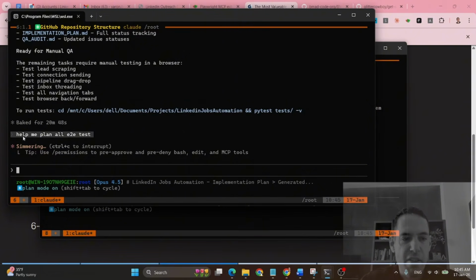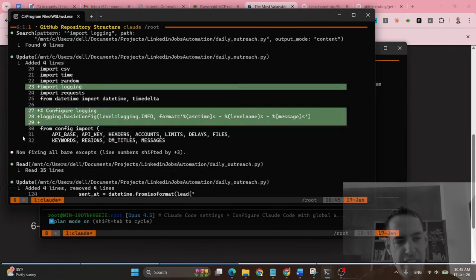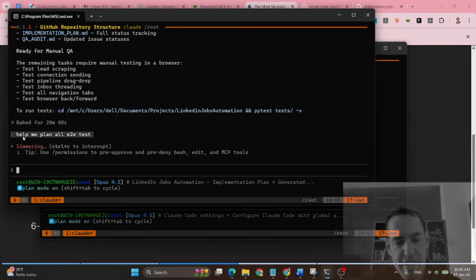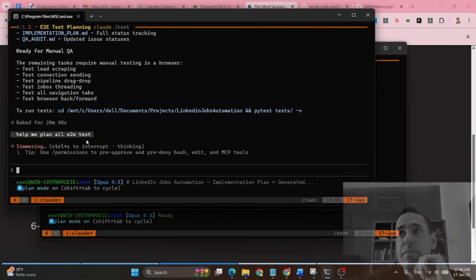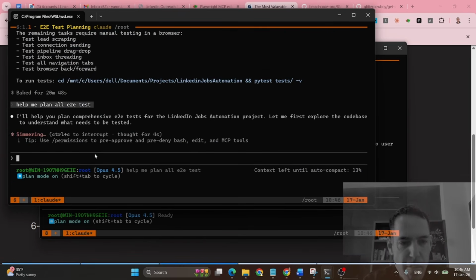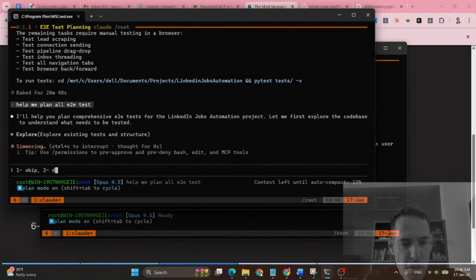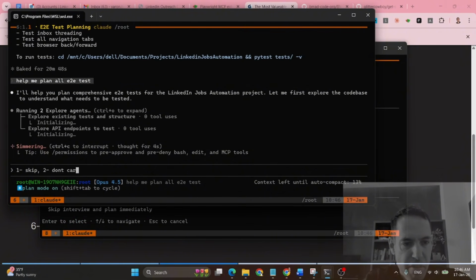As soon as you ask it to plan anything, originally it just shows you the plan in the terminal, which is very hard to adjust. Basically, it gives you numbers, so I usually write 1 skip, 2 don't care, 3